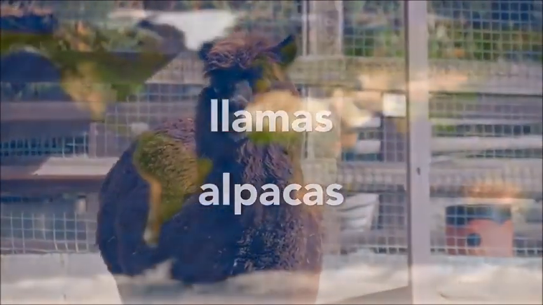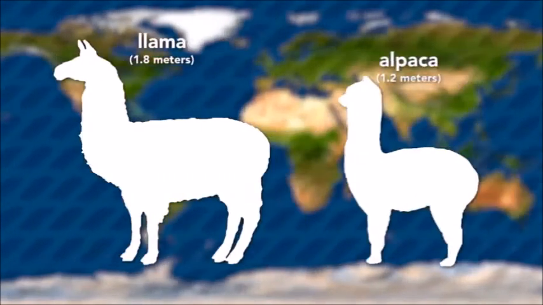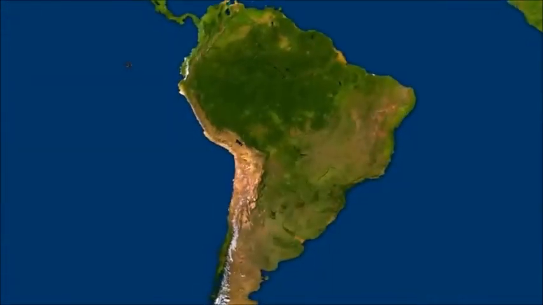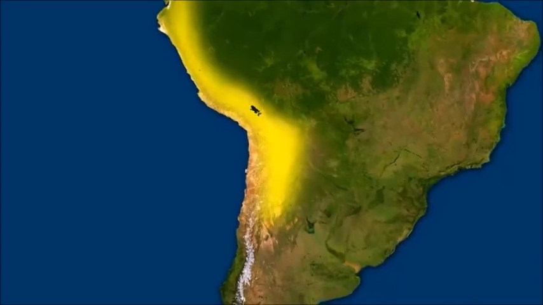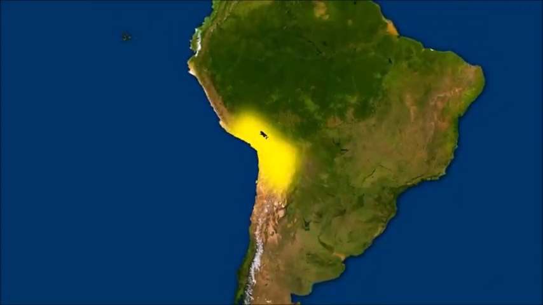The important difference between them is size, as llamas can be up to 6 feet tall, whereas alpacas are smaller, typically only over 4 feet tall. The range of the llama is also bigger, stretching from Ecuador down to Chile and even Argentina, while alpacas can mostly be found within southern Peru and northern Chile. But basically, both can be found within the Andes and are sort of just used as the cows of the